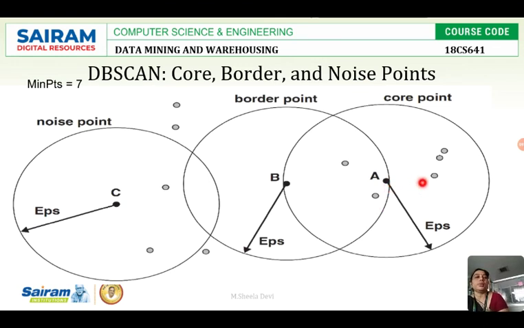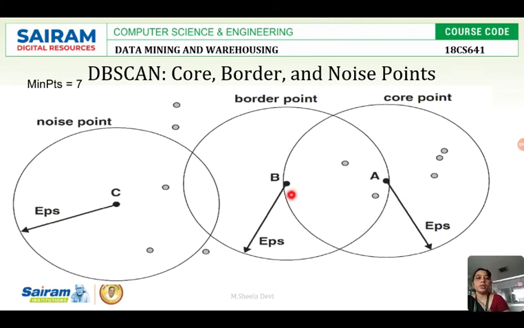If you have 7 points, then this point will be called a core point. If I have a minimum of 7 points inside the radius of A, then A will be called a core point. Since it satisfies the condition, we will say that A is the core point.